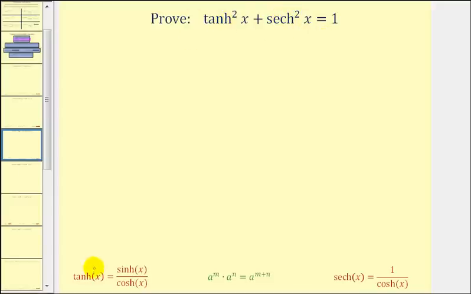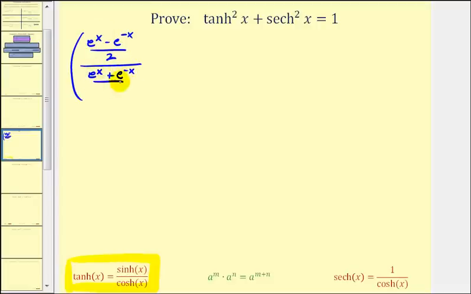Since hyperbolic tangent x is equal to hyperbolic sine x divided by hyperbolic cosine x, we're going to write hyperbolic tangent squared x as e to the x minus e to the negative x divided by 2. This is equal to hyperbolic sine x divided by hyperbolic cosine x, which is equal to e to the x plus e to the negative x divided by 2. But since we have hyperbolic tangent squared x, this is actually all being squared,